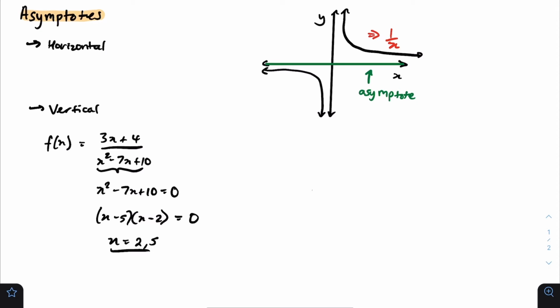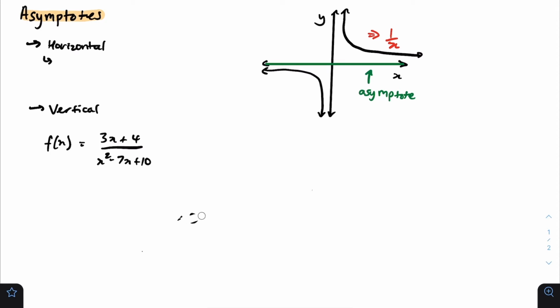Now let's move on to horizontal asymptotes. These are more complicated in the way you approach them, because there are three different cases. It's broken down into three categories. We think of the numerator and denominator as having a power. So for example, in this function, f of x equals 3x plus 4 over x squared minus 7x plus 10,